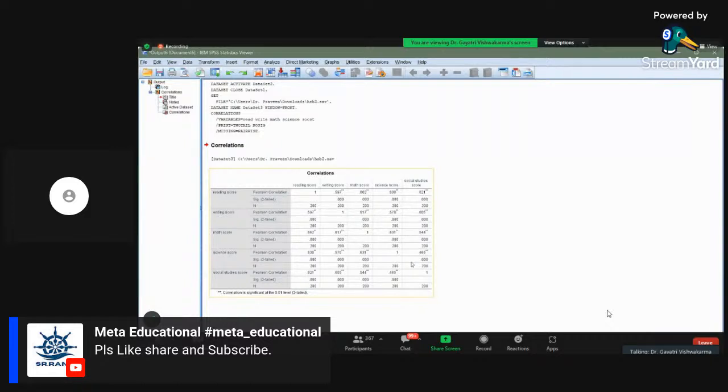And now for multicollinearity, your dependent variable is science, so just forget about the science, but you have to see the correlation between reading score and math score. It is not going beyond 0.8, 80%. The reading score with the social studies is also around 0.6. The reading score with the writing score is also around 60%, because 0.597. So the multicollinearity problem is not present here. Are you getting my point?